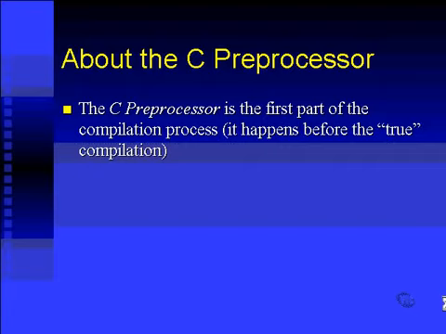The pre-processing is optional. It doesn't have to be there. Obviously, the regular compilation is not optional. It does have to be there. But whether you take advantage of the C preprocessor directives that I'm going to describe in this chapter or whether you don't, the C preprocessor always gets to have a look at the C program first